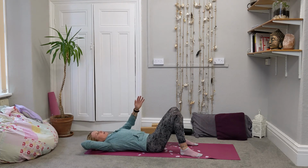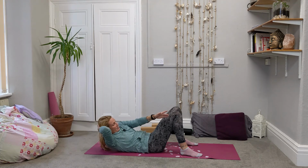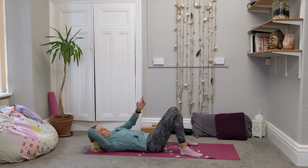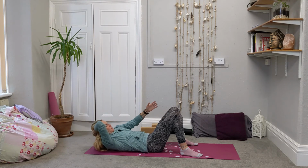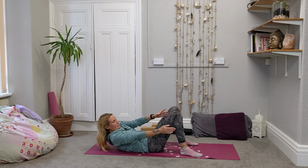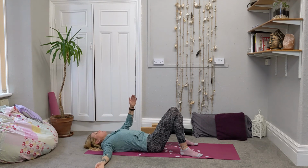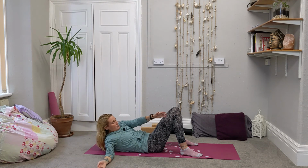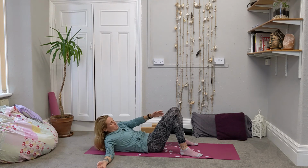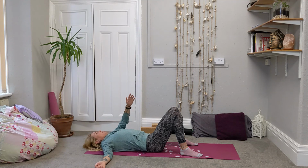So right hand behind the head, breathe out, reach the left hand across to the outside of the right knee. Remember, if you want to reach out with both hands, you can, or maybe you just have one hand on the floor. Let's go for one more. Okay,